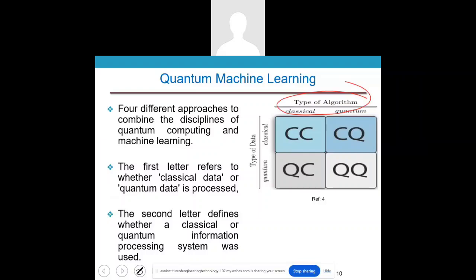On one side, horizontally, is the type of algorithms. There are two types of algorithms. One is the classical algorithm, and the other is quantum algorithms. Right? So the axes, look at the axes, is the data,